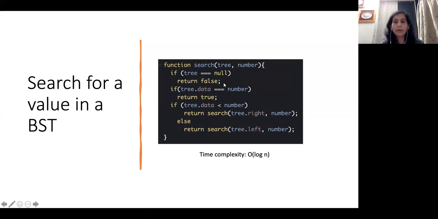So, how would I search for a value in a BST? Again, this is pretty straightforward because of this very straightforward structure. If I'm given a tree and a number, all I need to check is whether the number is greater than the data, then I go to my right, or if it is less than, then I go to my left. If I just follow that, it keeps going down one particular path, and that's why my search is pretty fast, because I don't have to traverse the entire tree to find a number. So the complexity is log n.